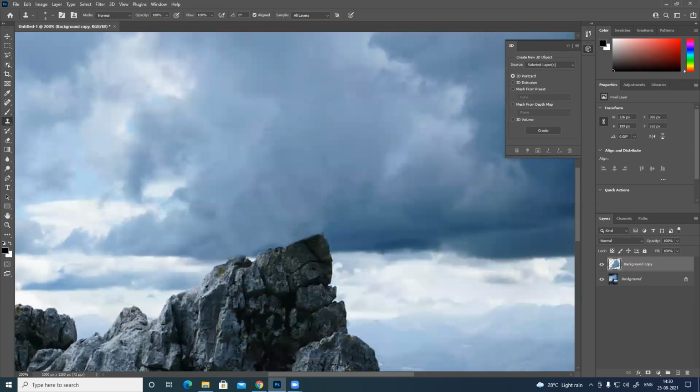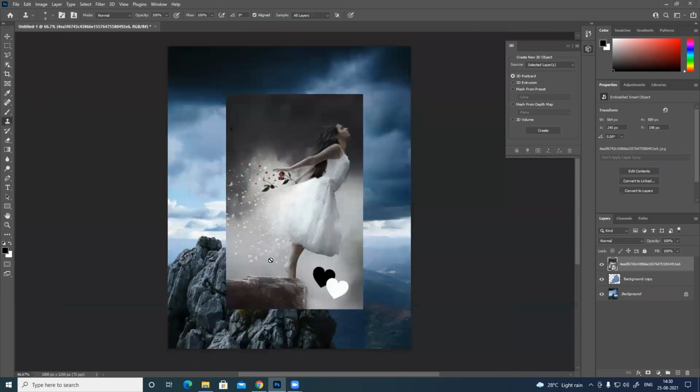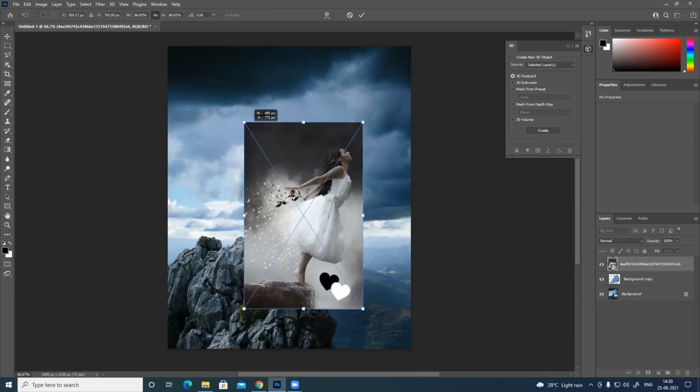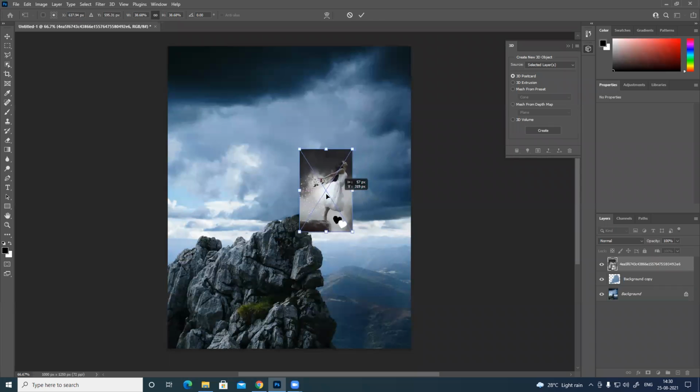Now I wanted that girl photo. So I have already downloaded it. This is way too fancy, so I just reduce the scale. I have this clip. It looks kind of nice.